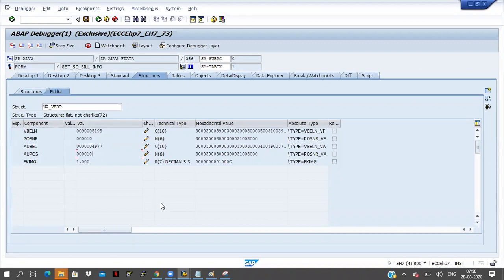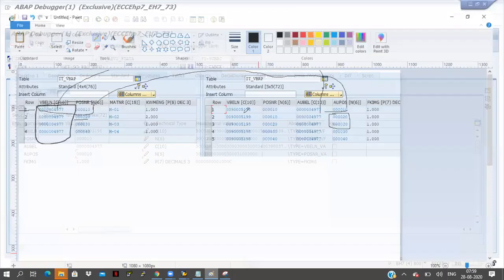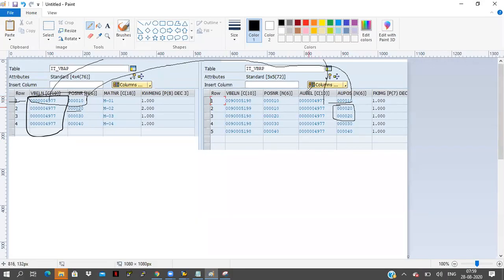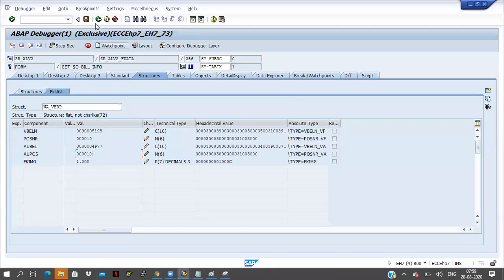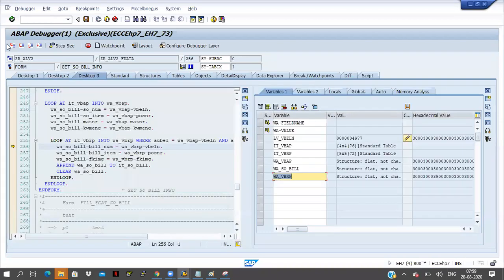You can check that for document number 4977 and item number 10, only one record is available. Now I'm clicking on the F5 button. The data is filling here, and after that I'm appending the data to the final internal table.